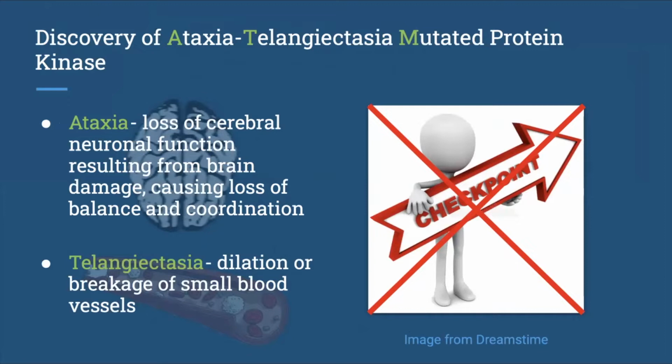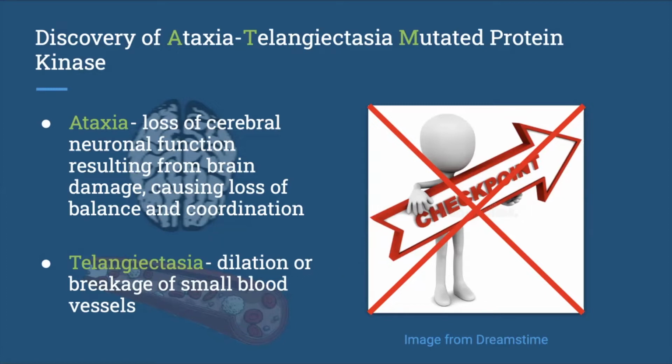So then researchers thought, what happens if we mutate this gene? So they went ahead and introduced mutations into the AT gene. And they noticed a kinase domain. Wait a minute, this domain is similar to two other proteins discovered. Those two proteins were involved in DNA repair and checkpoint control. This discovery set the stage for viewing AT-mutated kinase, ATM kinase, as a DNA repair kinase that we will explore